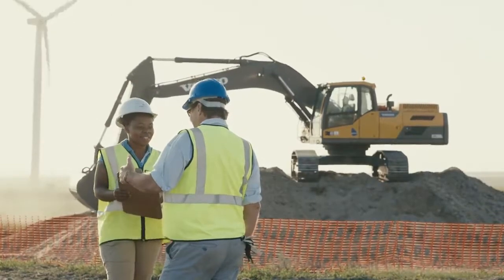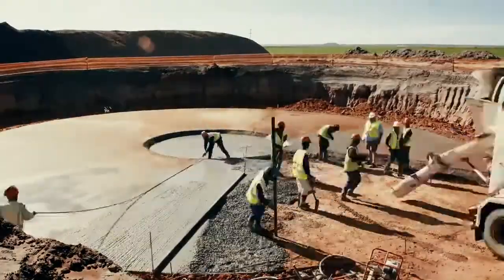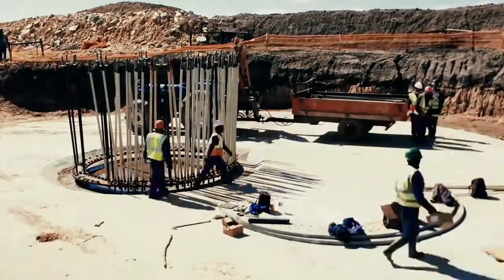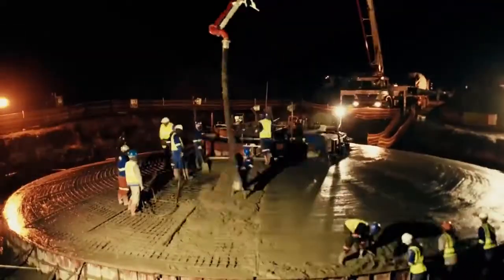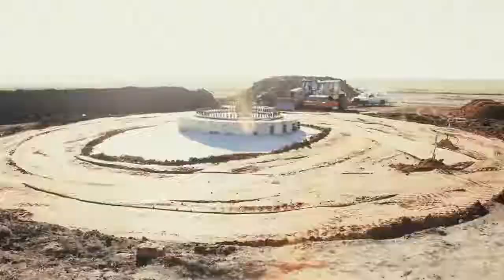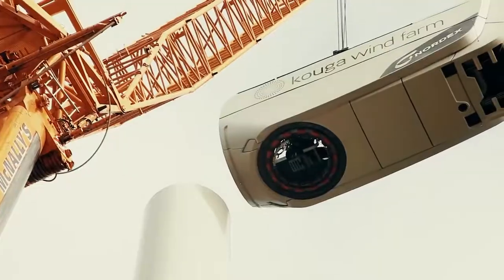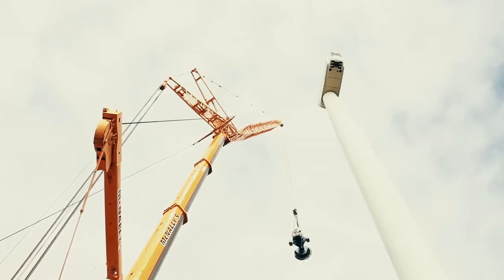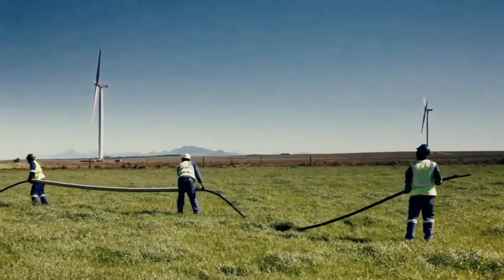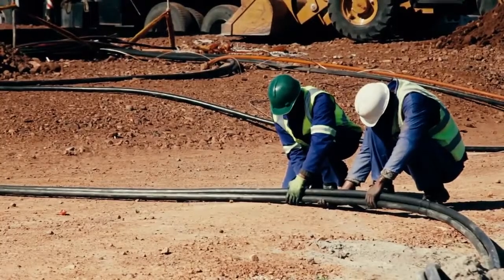The South African company Power Construction was awarded the contract for the civil construction duties at the site. The bases were constructed with 2 layers of concrete and 55 tons of steel bolt cages. These layers are subsequently covered by a thermal blanket and additional layers of excavated material, making the basework complete. The turbines themselves arrived early 2014, while the masts and remaining components were assembled on site. Medium voltage cables were buried in trenches linked to a substation, and finally, in March 2015, the wind farm connected